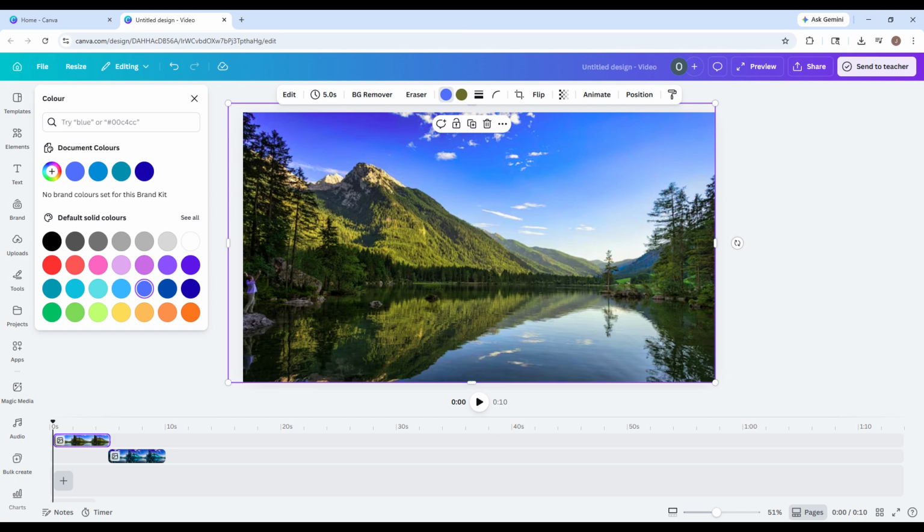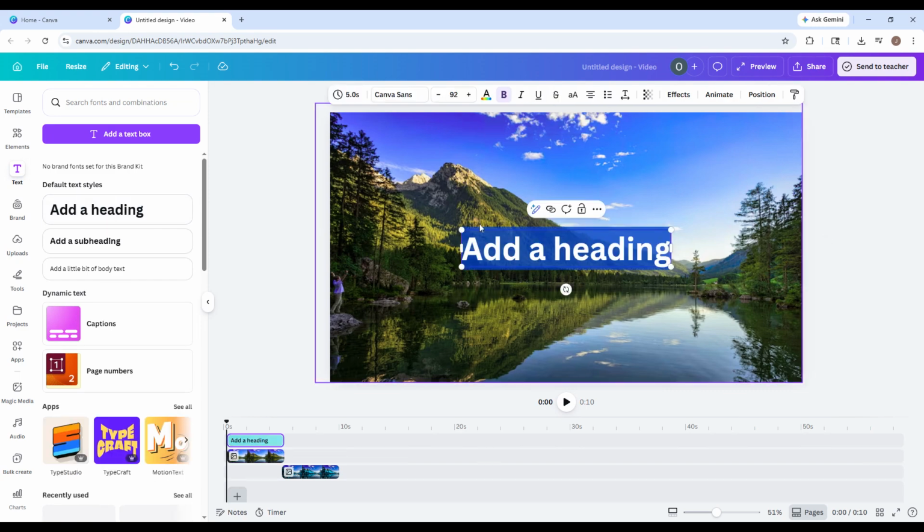For text, the process is almost the same. Click the text box, then choose the text color from the top bar and select your new color or paste in your hex code. If you want to keep your design looking clean and consistent, try using the same color